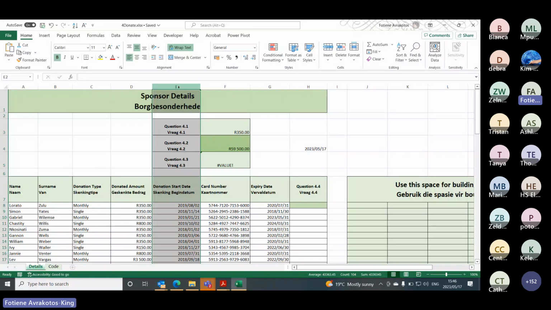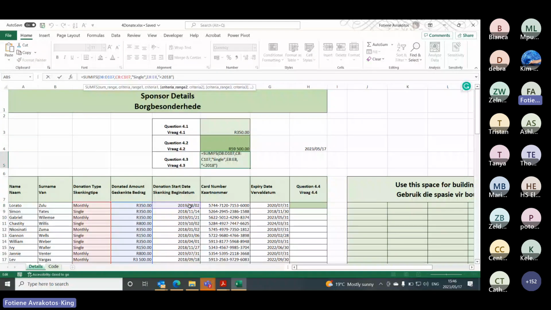Okay, so now the sum range is right. The criteria range for the first one is right. The criteria for the first one is right. The criteria for the second one is right. But the criteria range is right, and the criteria is incorrect because the question said